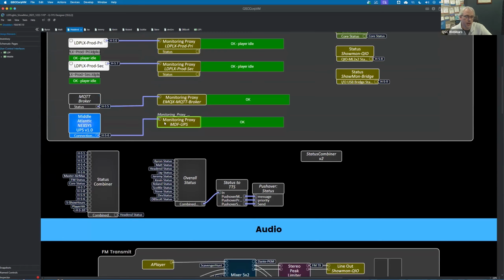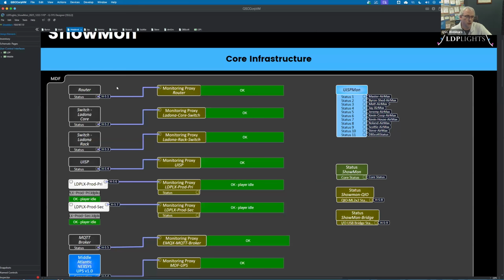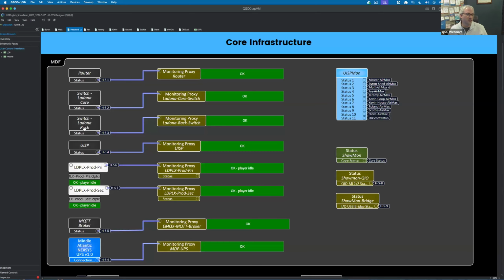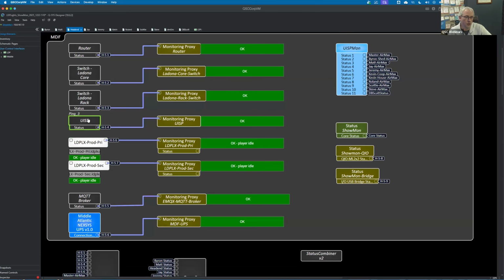When we start looking at the head end, this is where we start pulling in a lot of other stuff. So we've got some basic monitoring. We're monitoring the two main switches that power the show. We're monitoring the router to make sure internet's up. We're monitoring